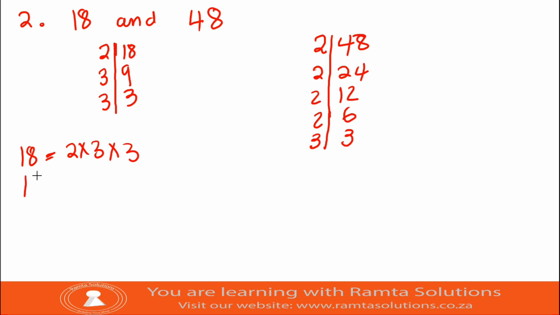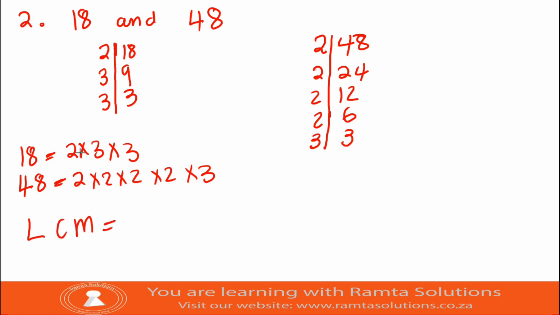And then the product of prime factors of 48 are 2 times 2 times 2 times 2 times 3. Right? To get your lowest common multiple, I see we have 2 and 3 as the prime factors. So I see 2 is appearing 4 times at most, and 3 at most it is appearing twice, so it will be times